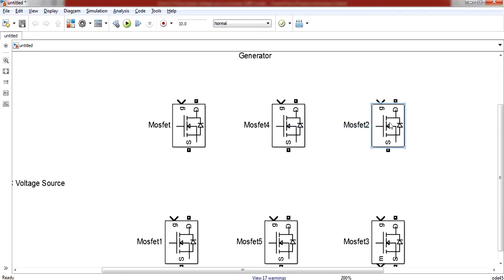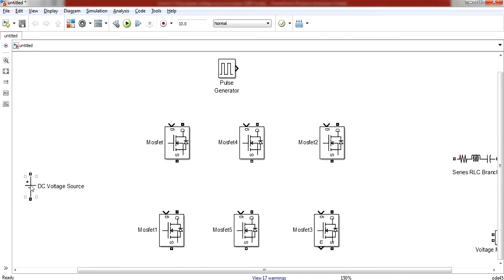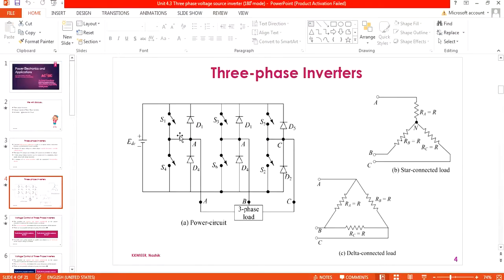Now what is the next job? If you refer to the diagram, we have to connect the DC voltage source, which is the input. The positive terminal will be connected to all the drains of the upper group, and the negative terminal will be connected to the sources of the lower group. Before that, let us rename them according to this diagram.